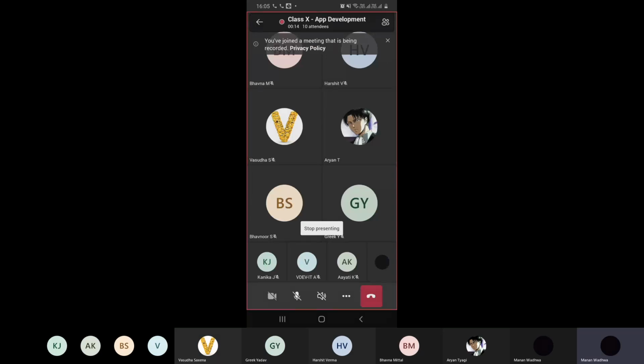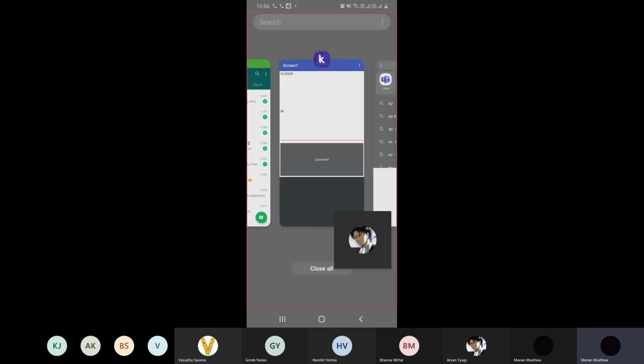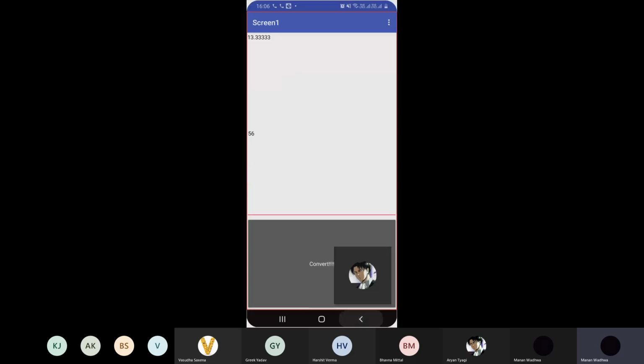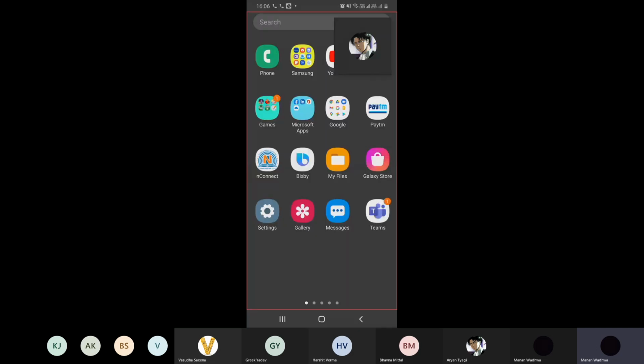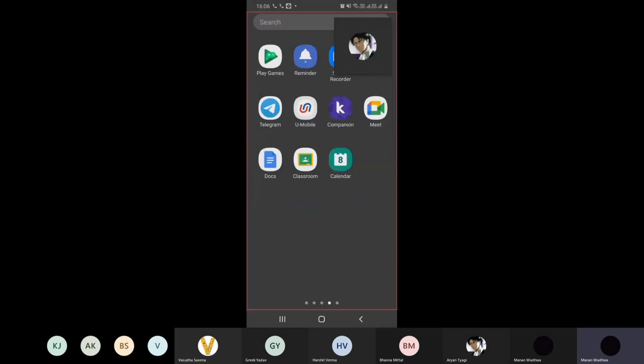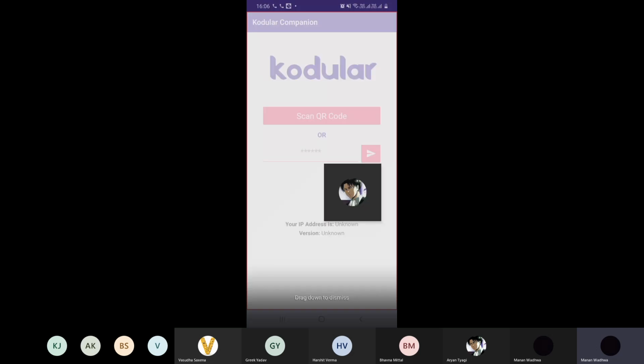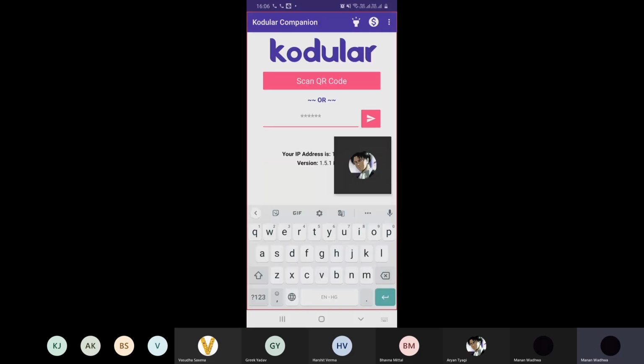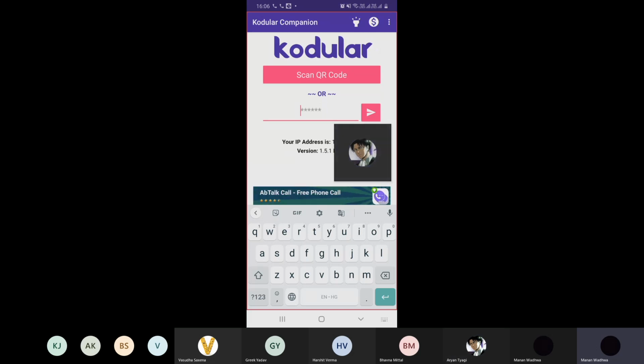Is my screen visible? Yes, it is visible. Aaron, can you give me the code again, please? Okay, just a second. I have installed the application, so I can also share it. The code is ADNJOW. Can you repeat? ADNJOW. Let me share my screen.